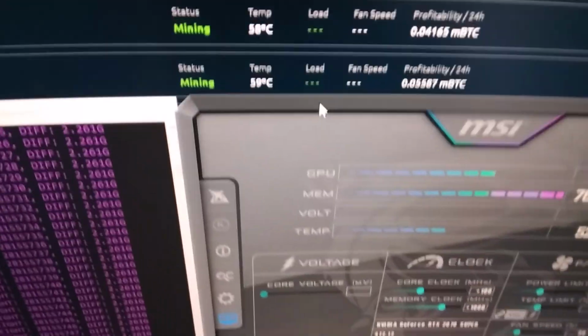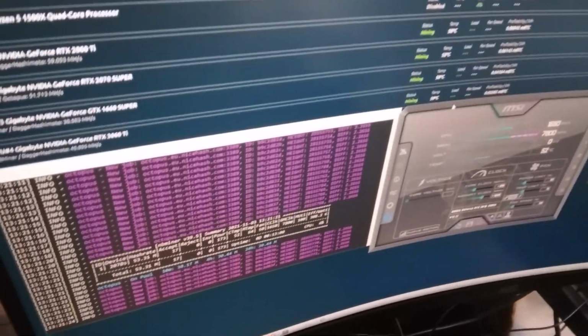Just a quick update while we're here. There's nothing in the gaming rig right now. I'm waiting for a new card to come for this. I'm frustrated that it took me 5 days since ordering so far for this card to come, so it's patiently waiting for a new card to win our gaming rig. So if I've been gaming, I've actually been taking the Gigabyte 1660 Super out and gaming on that. And I think that'll wrap this one up. Sorry, I've had a bit of a vent at the end there, but